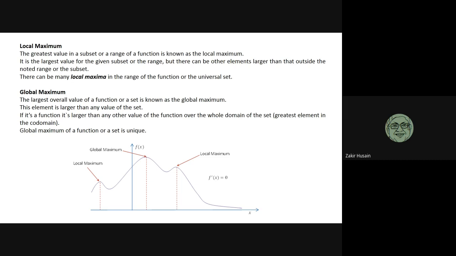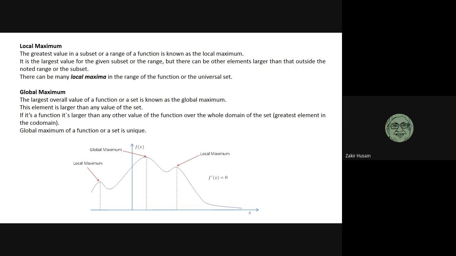What has happened is, over here we can see that as we vary the range, we will have different extremum points. In this function I'm just showing the maximum points, but for minimum also, if I take this range, this is the minimum. In this range, this is the minimum. So depending upon the range I'm taking, the extremum points are going to vary. So our function is going to have multiple local extremum points, depending upon the range which I'm taking.